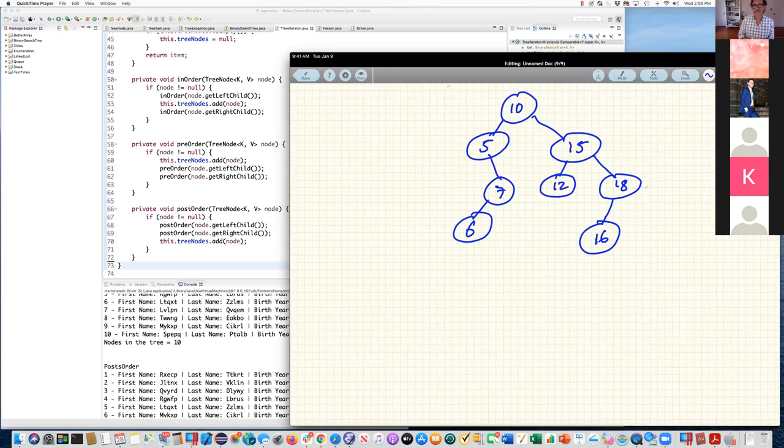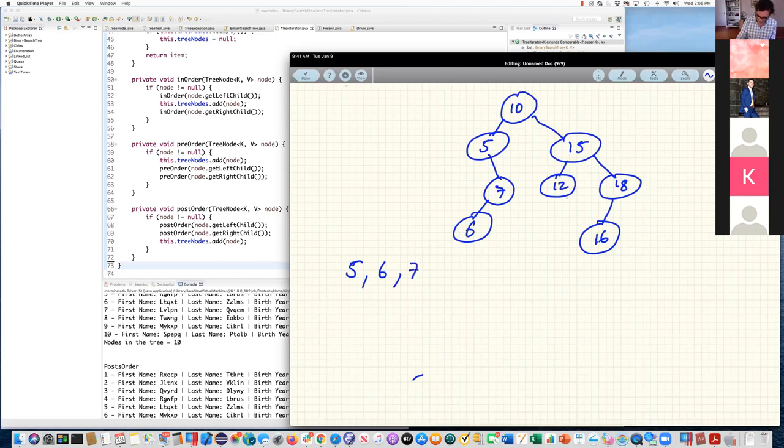The left subtree with the 5 as a root, that makes it unbalanced because the left subtree is 0 and the right subtree is 2. Right. So this tree is not balanced. We can all agree to that, right? So if we obtain these nodes in order traversal, what are we going to get? We're going to get 5, 6, 7.